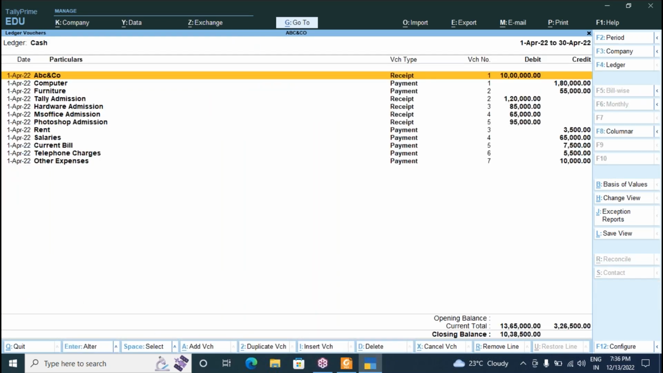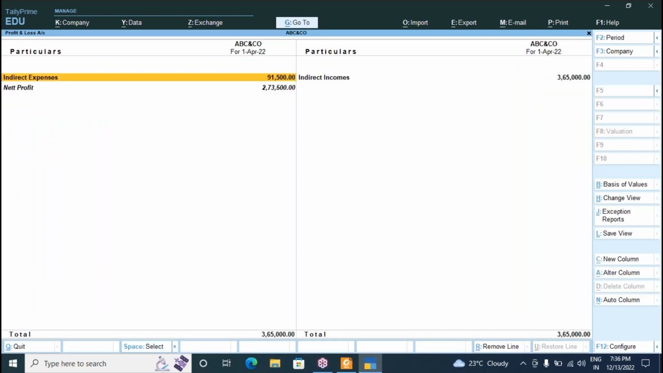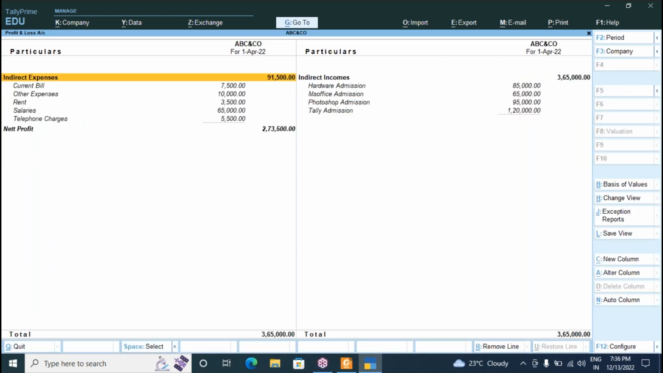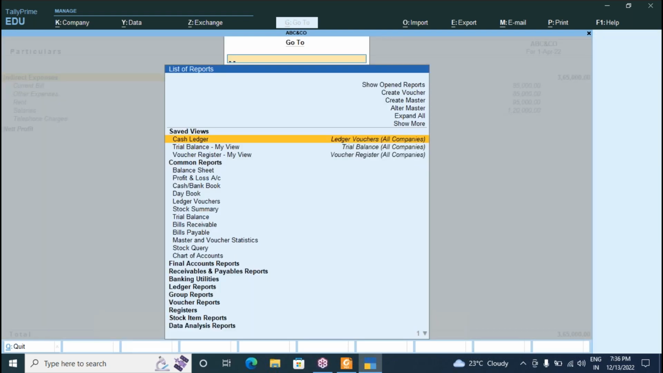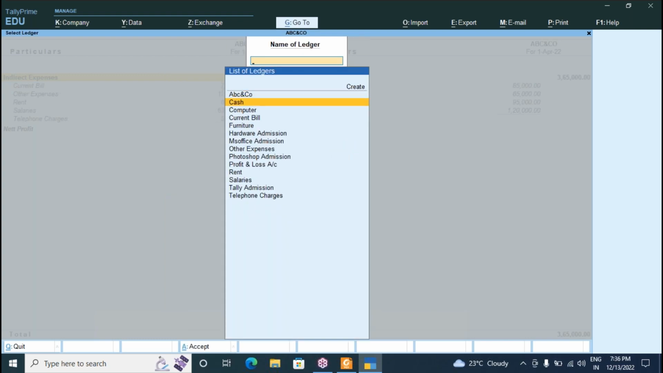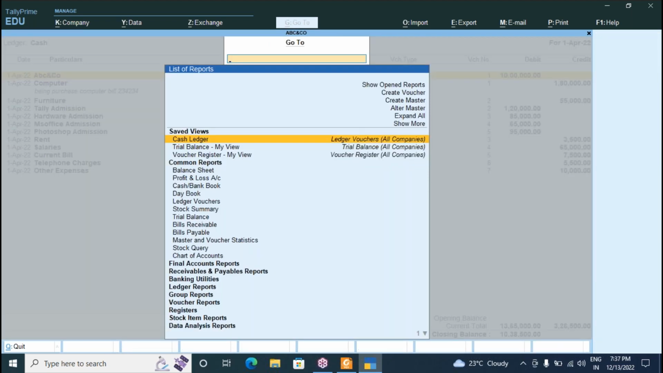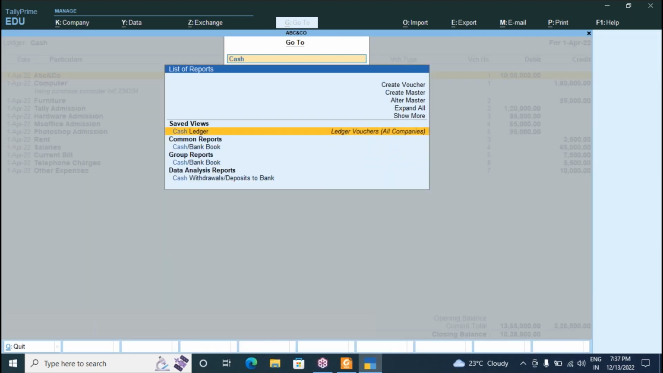But there is an advantage of using Tally Prime compared to ERP9. After opening any report, if you want to access any other report, there is no need to go back to the Gateway of Tally. Here the Go To option is there, and you can choose which report you want, for example cash ledger. Select cash ledger and it opens directly. If you want to open any other report, like cash flow or funds flow,